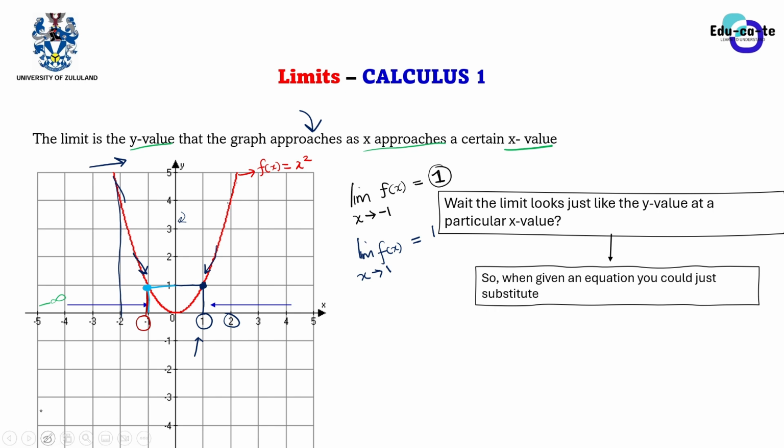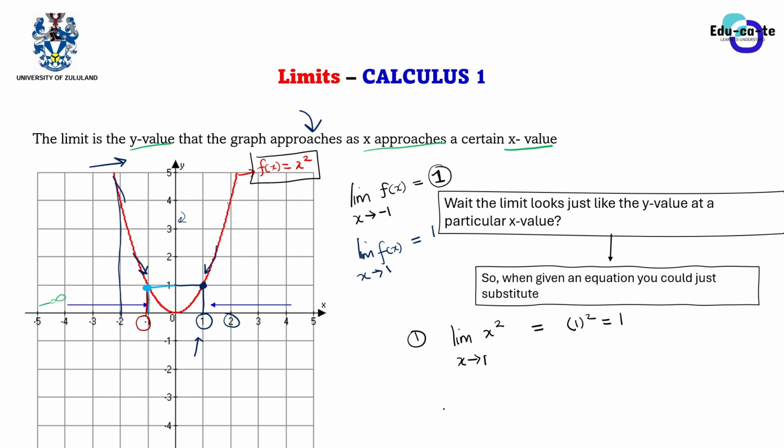For now. So if you have the limit of f of x as x approaches 1, what are you going to do? The equation of f of x is given by x squared. Let's just say you don't have a graph to analyze. The limit of x squared as x approaches 1. You are just going to substitute 1 here, and this will be just 1 squared. That will just be 1. Do you realize that the limit, you just get it by substituting a particular x value in the equation and getting the y value? Actually, the limit is the y value at that x value that we are approaching.